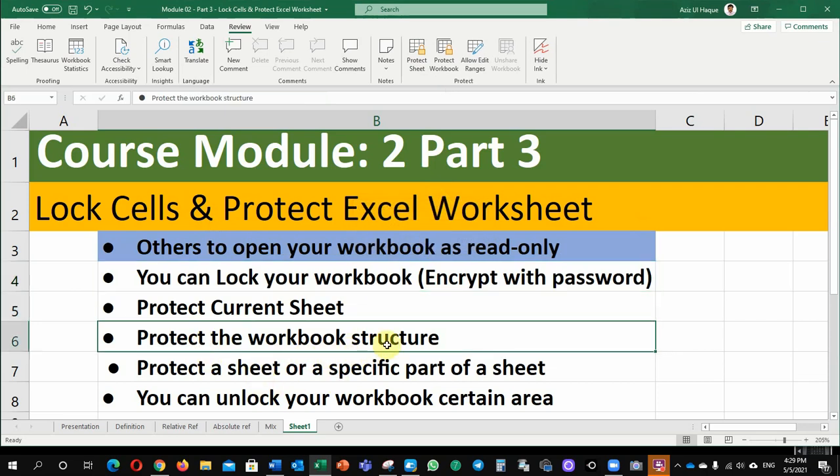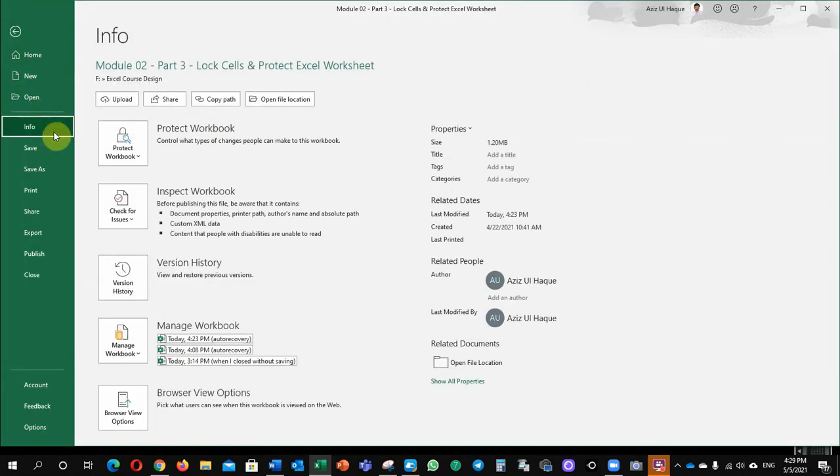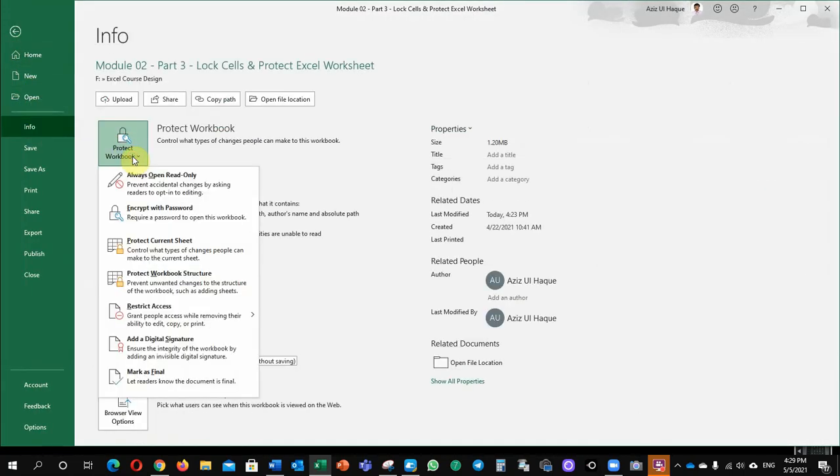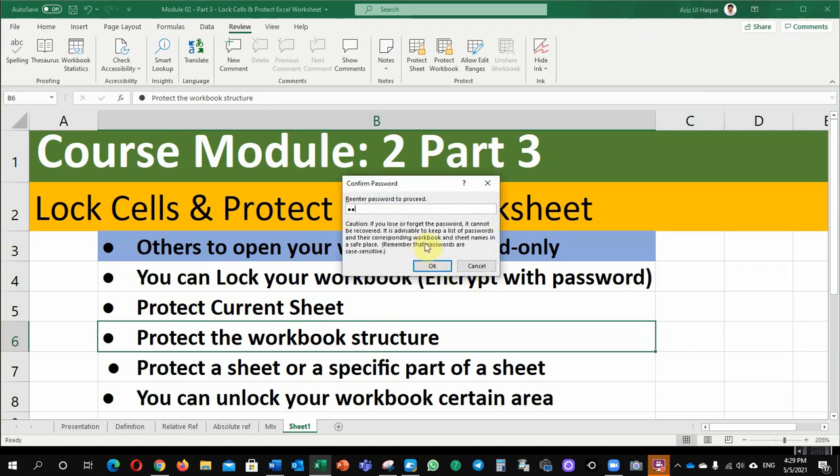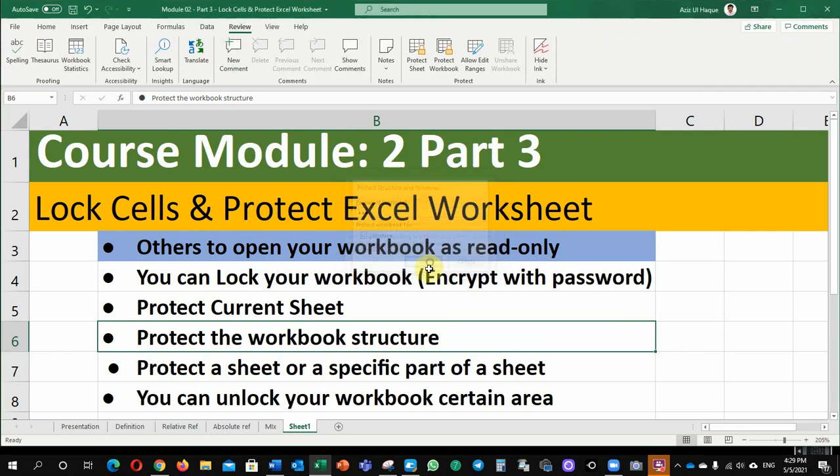Next, the structure of the workbook. Very easy. Go to File, Info, Protect Workbook options, and here you will find Protect Workbook Structure. Click it here. It will ask you for the password. I will tell you what it will do. What is the basic objective of this one?